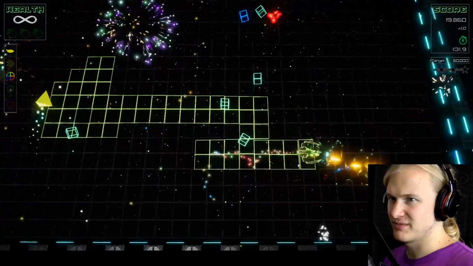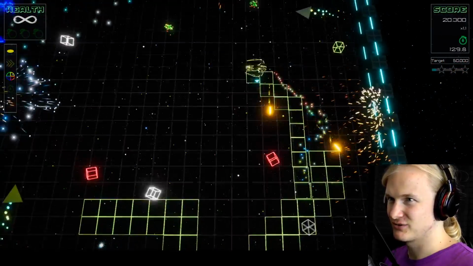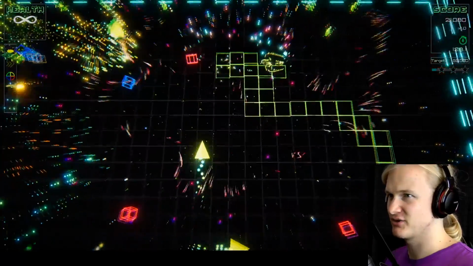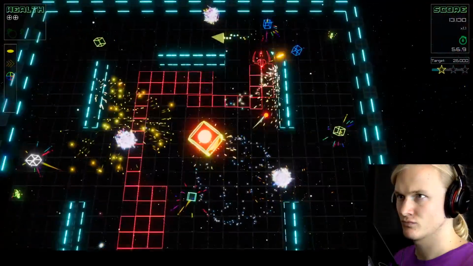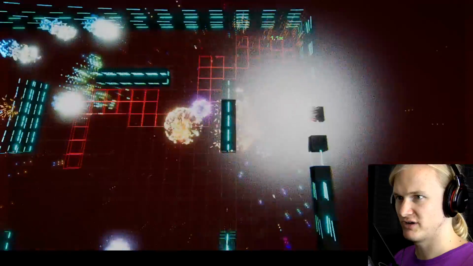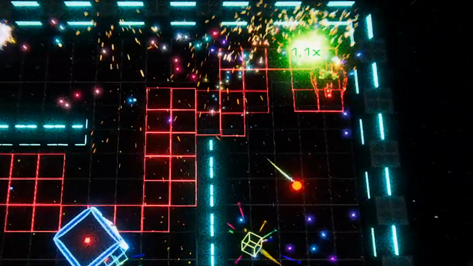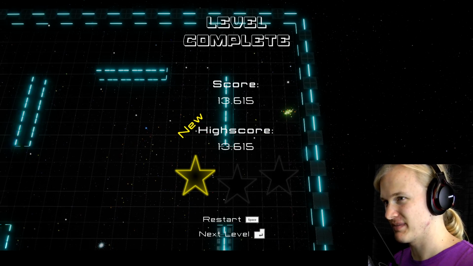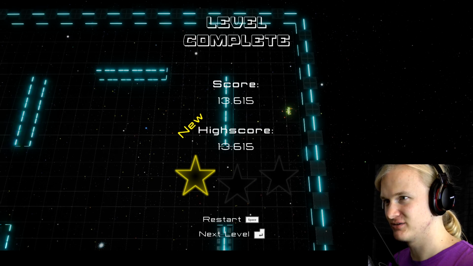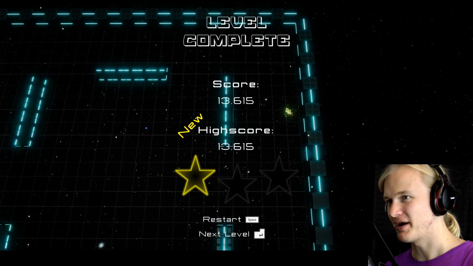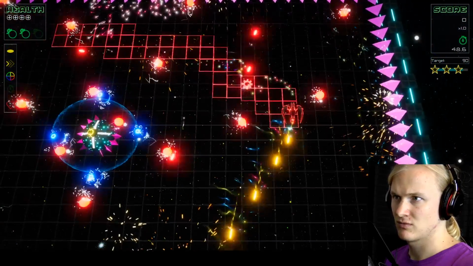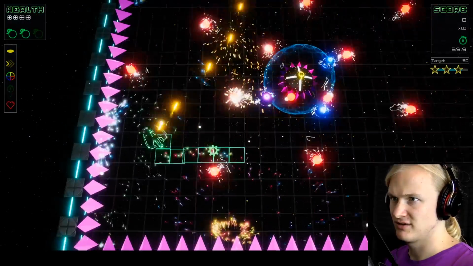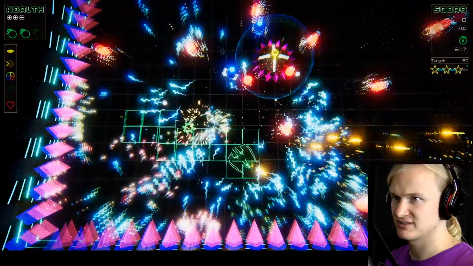Once again, it looks very messy, which makes it super hard to dodge some of the things. Especially the cubes, I feel like are really hard to see. I can't see tiny projectiles like that. There's just no way in a mess like this. There are so many little dot particles flying around. No way. Here, depending on my color, the little gear wheel behind me does something slightly different.